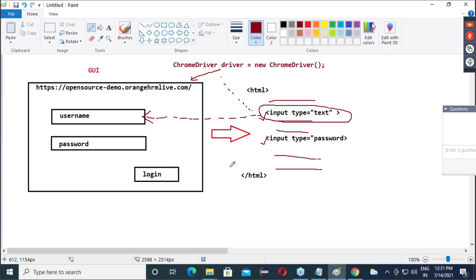Now, to identify this location, we have to use locators. This is our next topic now. What is the topic name? Locator. So what is the job of locators? Used to locate a web element inside an HTML document. Is it clear? Confirm? Okay. Take a big heading, locators.